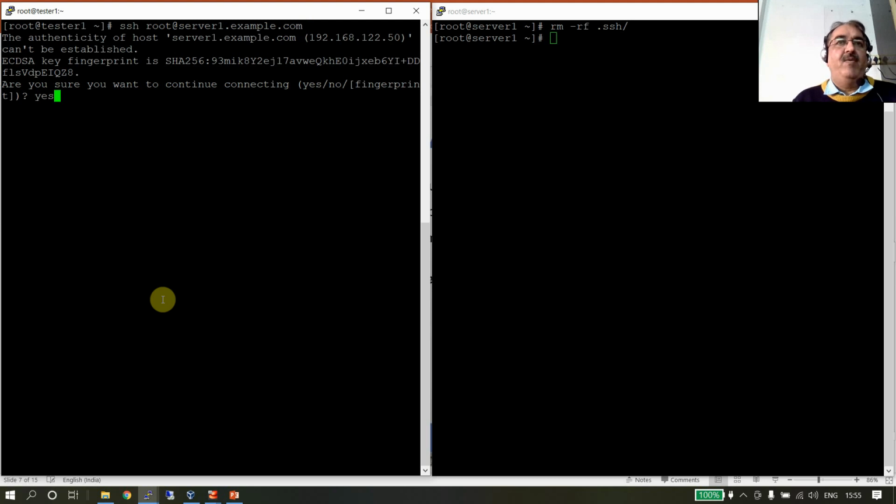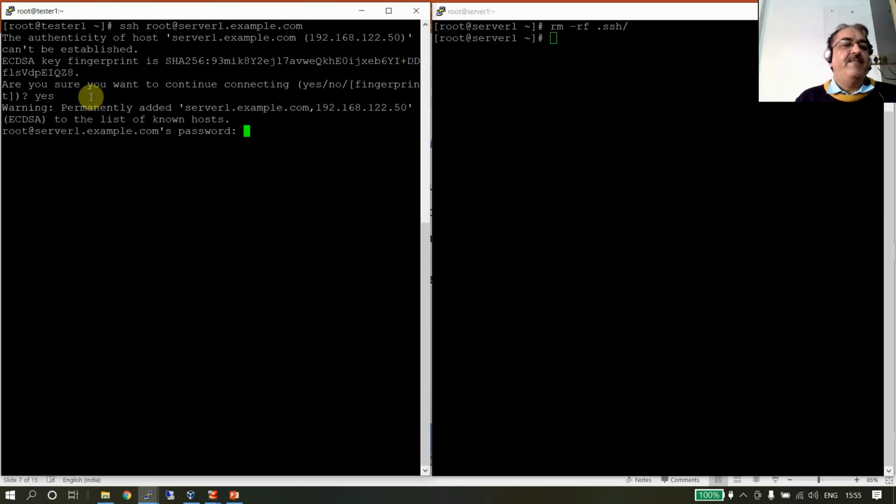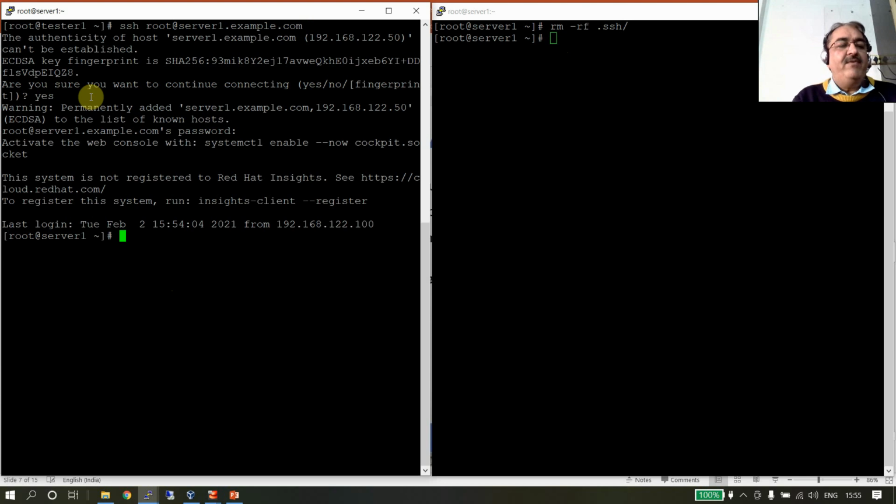I'll show you what is stored in .ssh by default. Right now there is no .ssh directory on the root server. What will happen after you start the connection? You will see that when you connect for the first time, it asks you for the password. Why it was not asking for the password, I will give you the reason also, and what happens when you do that. By default, on the client, a directory is created with the name .ssh.